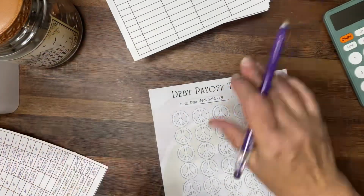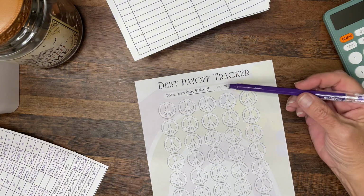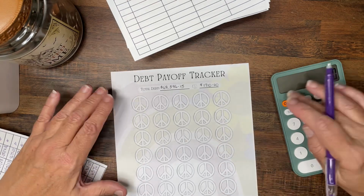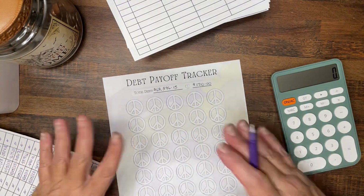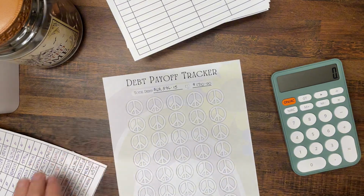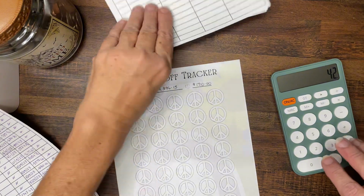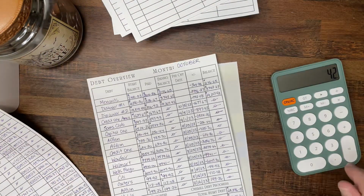So here we have, I wrote down this, and I figured out that the reason I chose peace signs is because once this is in, it's peace. Every time I color in a peace sign, it gives me peace. So let's see how much, I've got it here. We have paid off